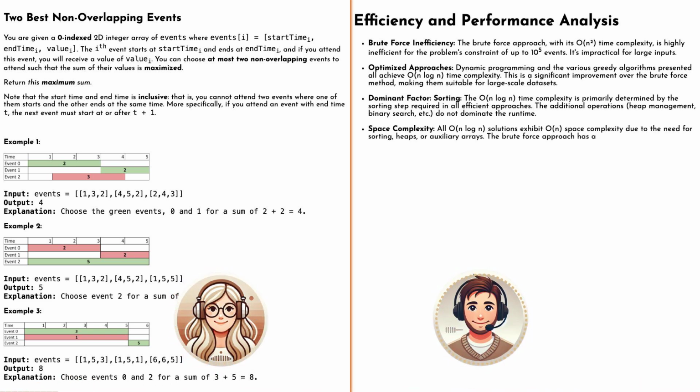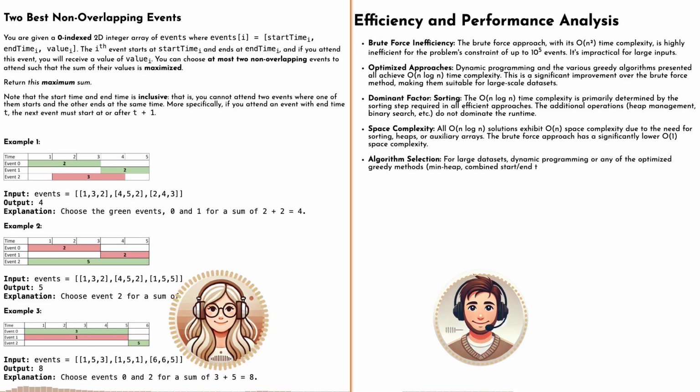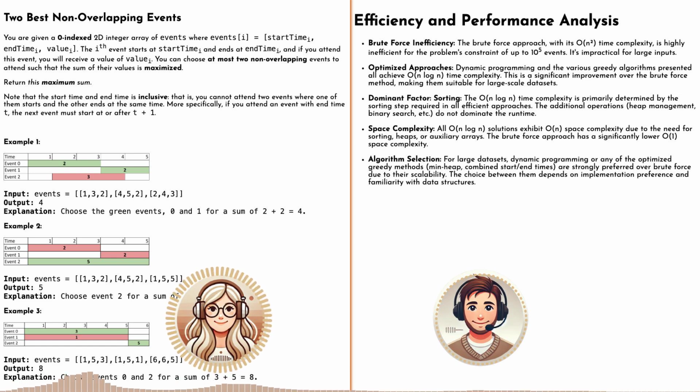Well, let's think about dynamic programming first. Remember, we're building that suffix array, and then going through all the events and using that binary search, to find the next event that doesn't overlap. Exactly. So for the suffix array, we have to look at each event once. So that takes time based on how many events there are. Let's call that n. The more events, the longer it takes.